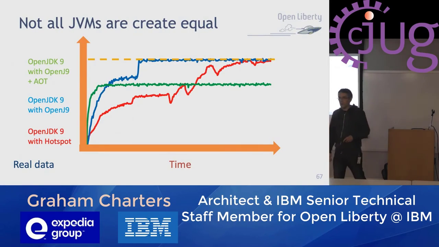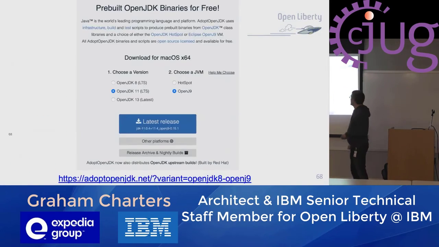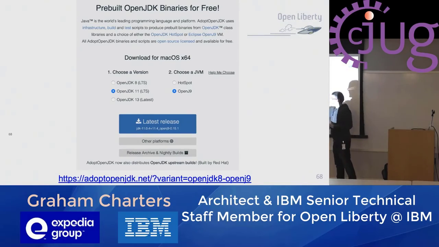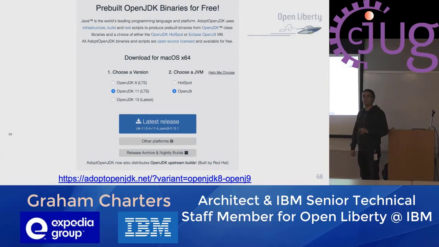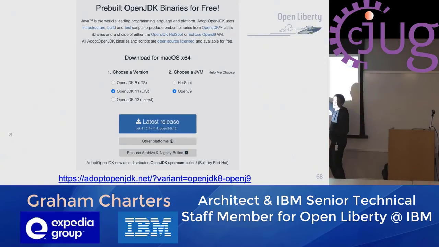Okay, so in terms of where to get Java, and this is independent of whether you want OpenJ9 or Hotspot or whatever, there's been a collaboration between a number of different parties, led by the London Java community, around adoptopenjdk.net. What adoptopenjdk.net does is provide pre-built binaries for various levels of Java. So here's just an example. I just happened to click on OpenJ9 because I like that one.